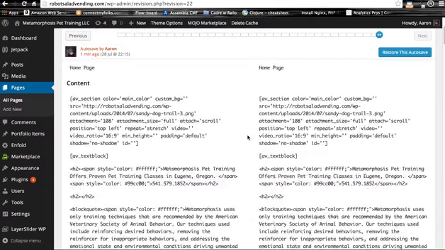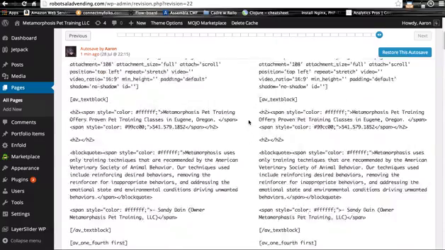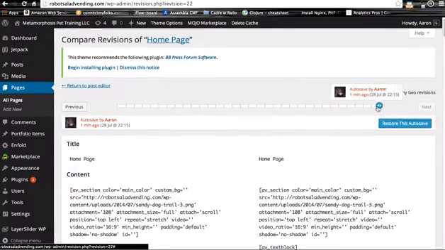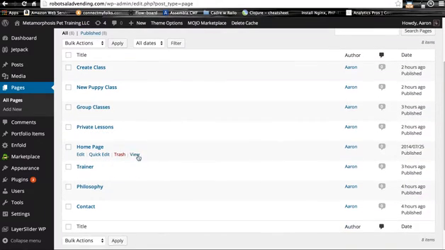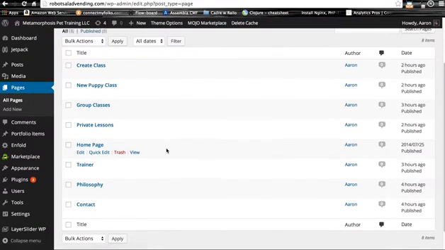And you've basically got these revisions that you can go back in time by scrolling this little thing here, and you can sort of fix what you messed up. Obviously try not to mess up, but if you do and you have updated in between the time that you made that change, you can always sort of go back in time, which is a good thing to know.